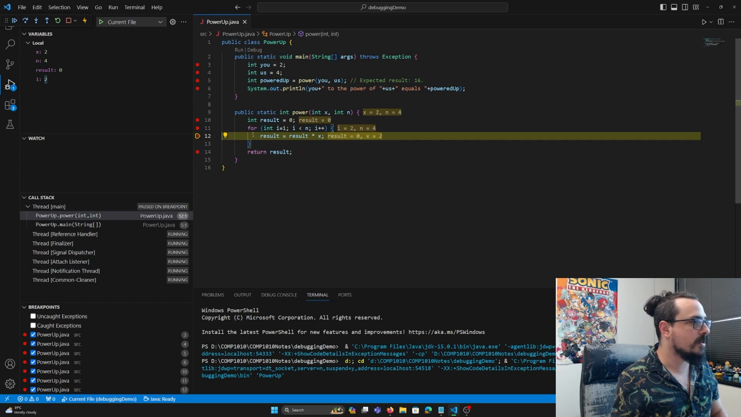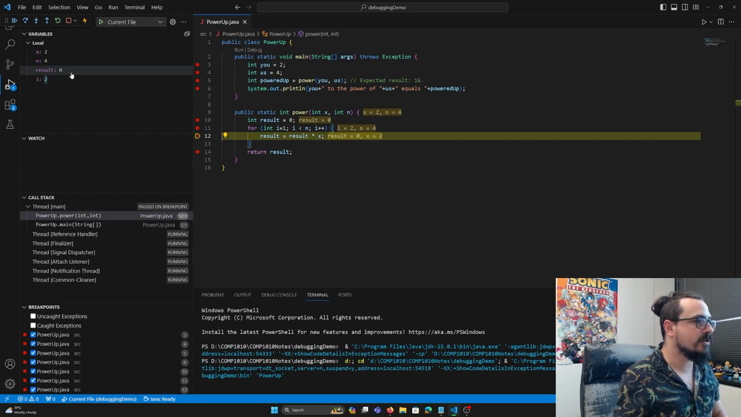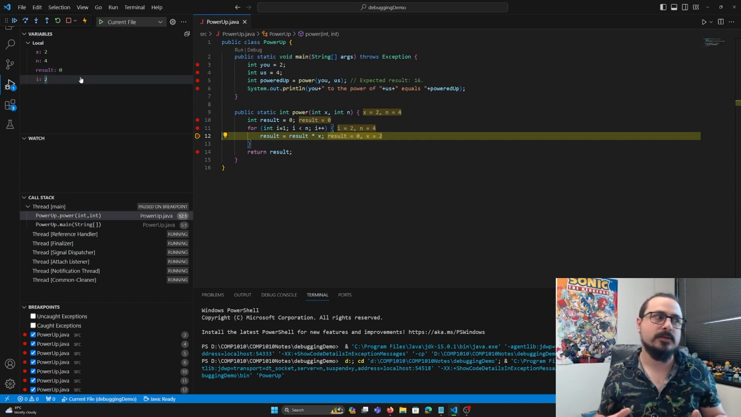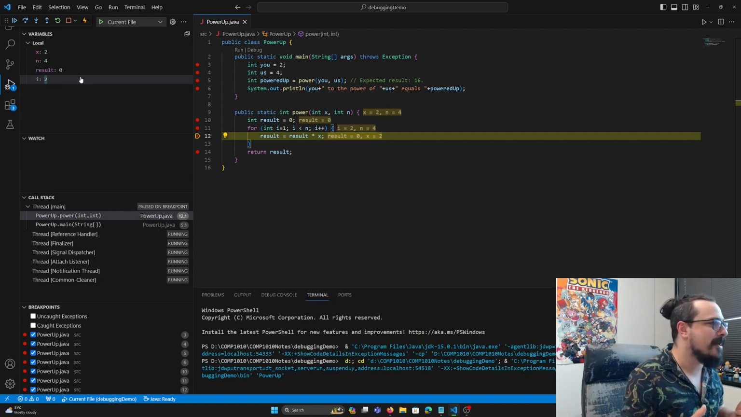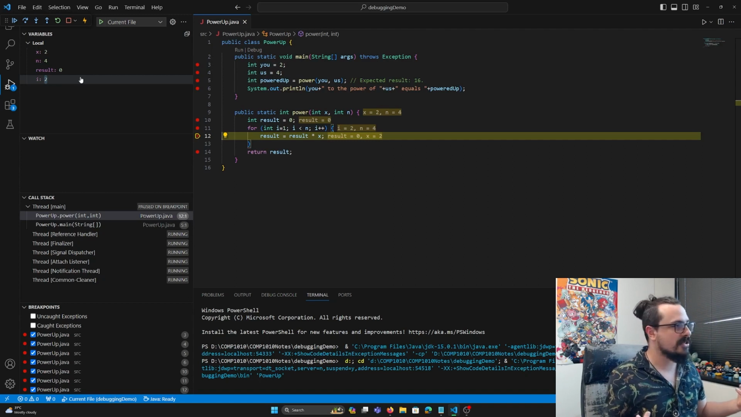Okay, but if we hit that, so it's done that, i is iterated, so we're going back around, but result is still 0. No changes have happened. Well, that's already a problem, right? If I've just started multiplying, I'm trying to get the power of, then my result should increase, right,